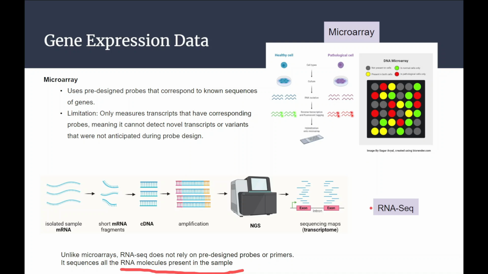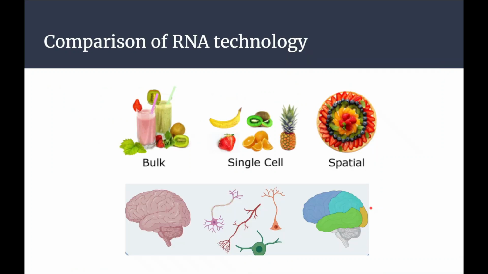Now after RNA-seq, we shifted to a new technology, that is single cell, and the recent technology that we are developing and working in the field, that is spatial transcriptomics. All are analyses of transcriptomics, meaning gene expression data, but the technology is different. There are some pros and cons associated with each technology. So let's try to understand what exactly single cell means and how it is different from bulk RNA-seq, and how it is different from spatial also.